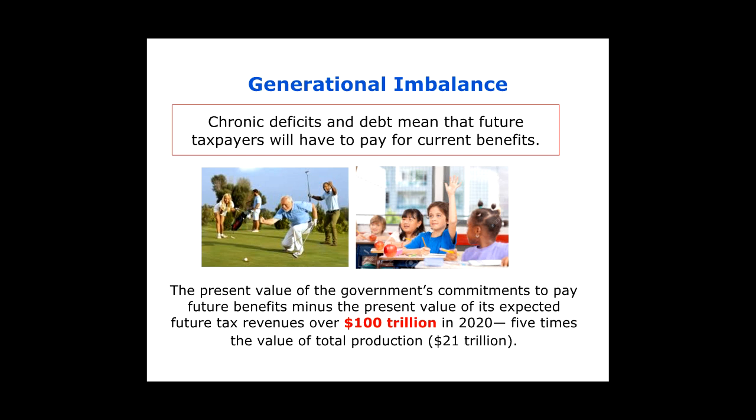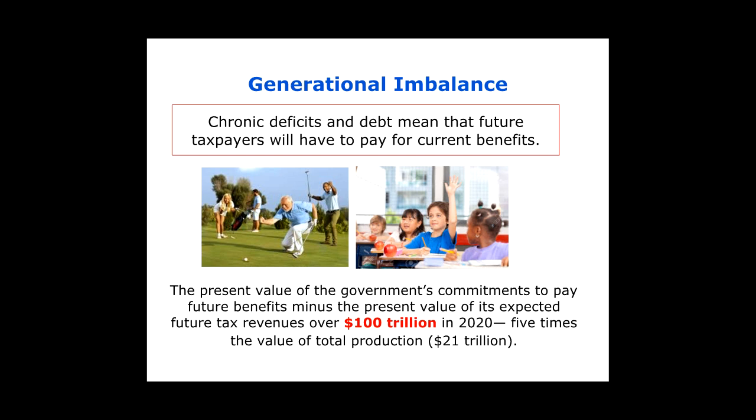Now, another problem with the debt being as high as it is is that it creates this generational imbalance, meaning the people who are benefiting from the borrowing, from the spending, from the deficit and the debt are the current generation, mostly what we might consider older folks, and they're not really going to be the ones who pay it back because it's going to be paid back in the future. So people's children and grandchildren are ultimately going to have to deal with this problem and either pay it back or find some other way to deal with this tremendous national debt that's been accumulated.